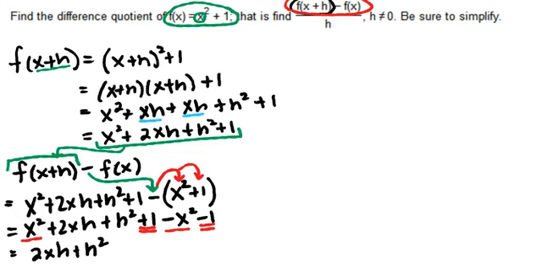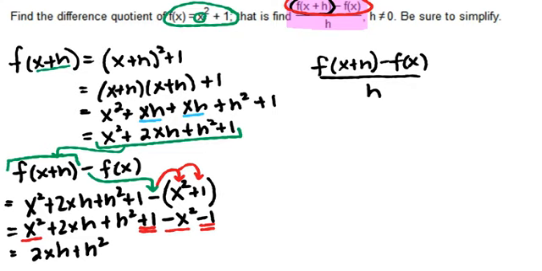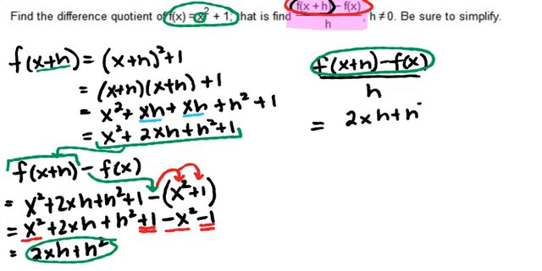So we've calculated the entire numerator, and in my final step, we're going to calculate the entire difference quotient. That's f of x plus h minus f of x over h. And once again, I'm going to reuse my work. We calculated the whole numerator to be 2xh plus h squared. We're going to divide that by h,